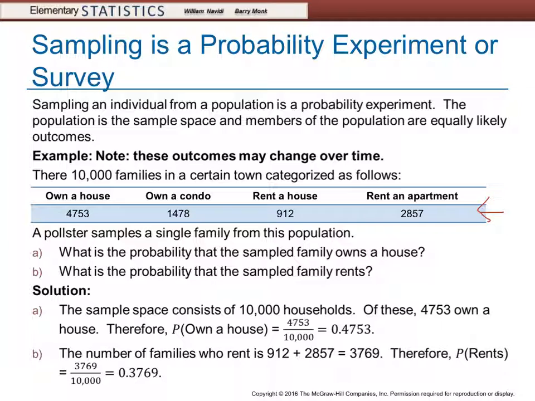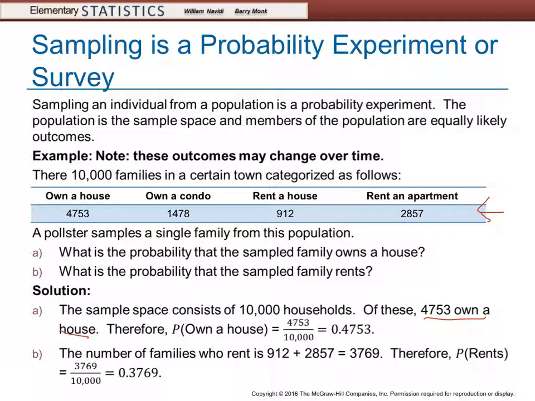Well, if we randomly select from this, we find that 4,753 own a house. The population that we have is 10,000 families. So out of this, 4,753 families own a house. The probability is